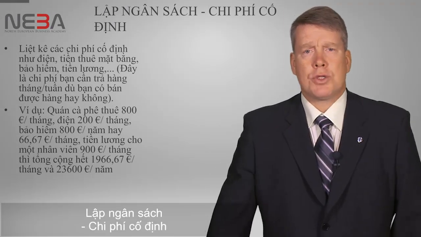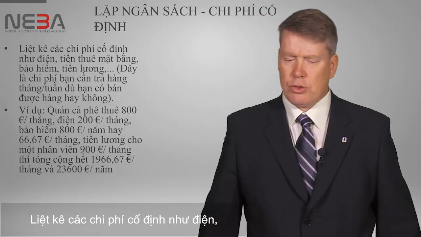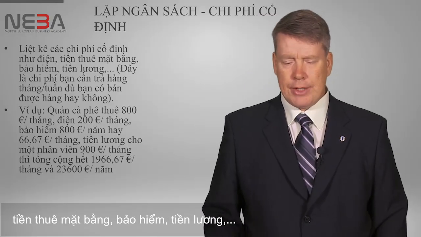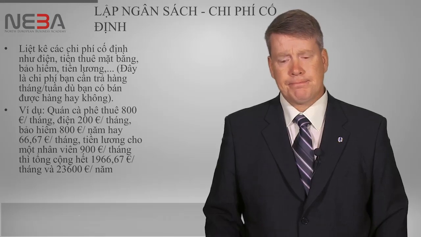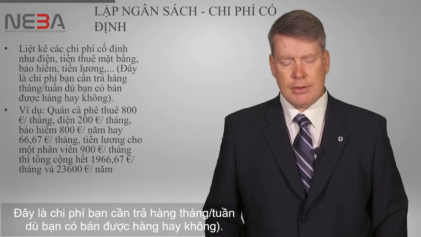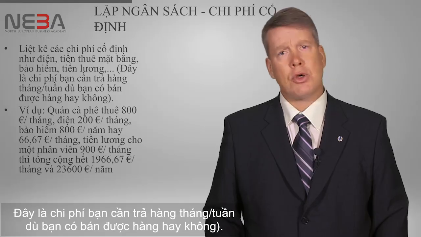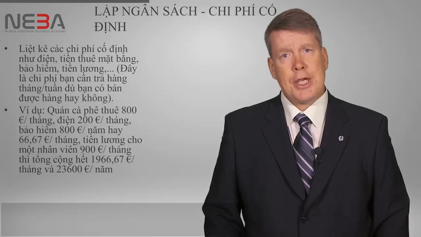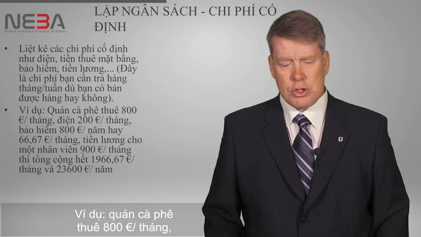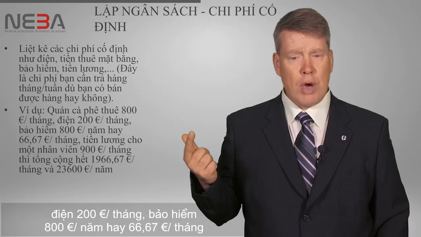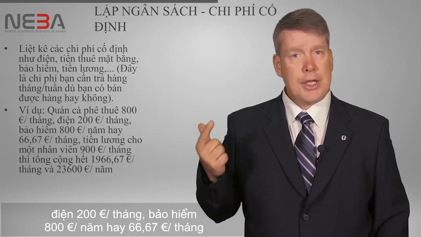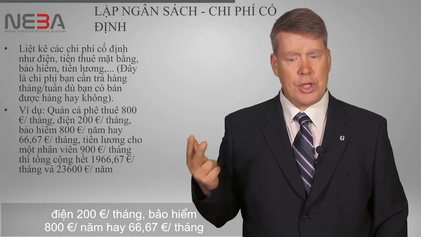Budgeting fixed costs. Make a list of fixed costs like electricity, rent, insurances, salaries, etc. Costs you pay every month, per week, whether you make sales or not. Example, coffee shop rent 800 a month, electricity 200 a month, insurance 800 a year,